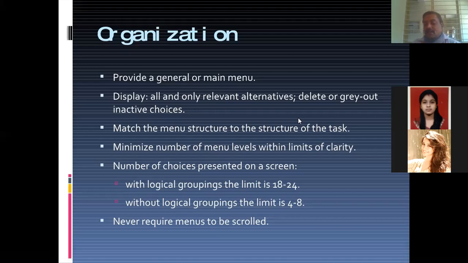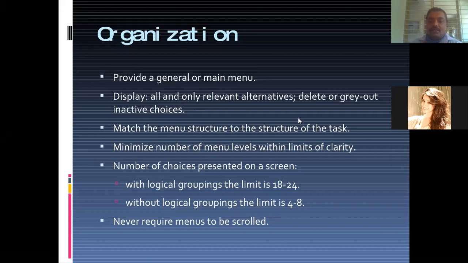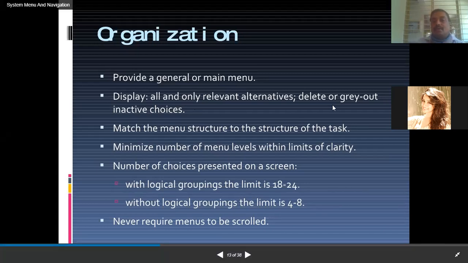For example, paste will not be active until you copy. In MS Word, you can't directly paste without copying. So the paste button will be inactive until you copy some text. Either you don't provide that option or you gray out the inactive choices.